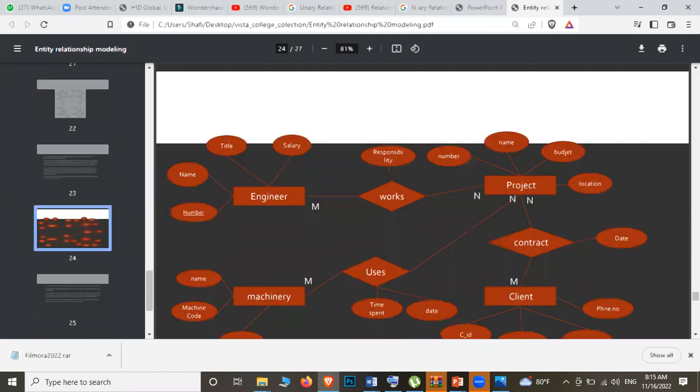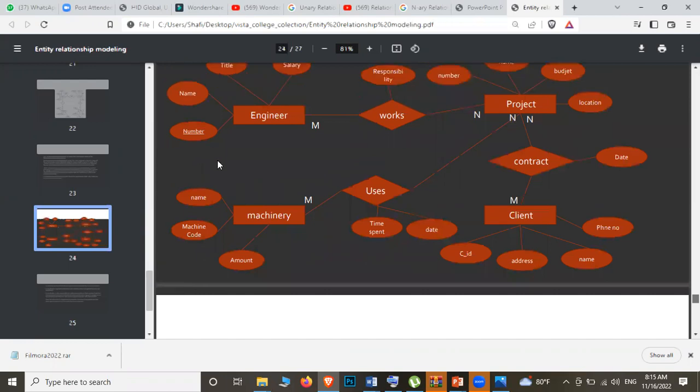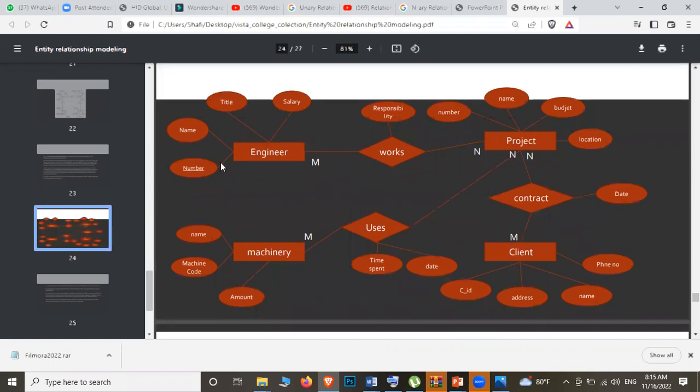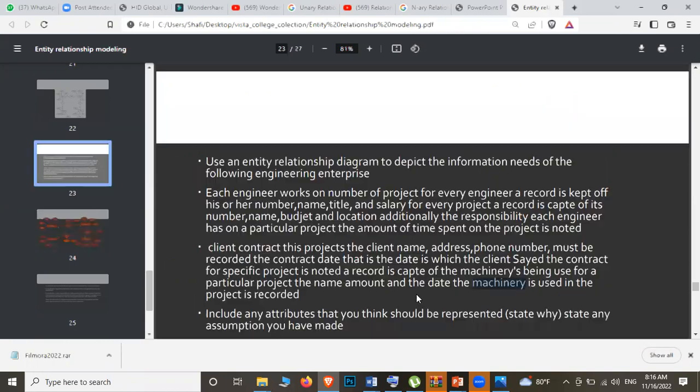Okay, now let's have a look at this diagram. So as you can see, engineer කියලා මේ entity එකක් තියෙනවා. ඒත් එක්කම ඔයාට project කියලා entity එකක් තියෙනවා. So engineers work on projects. Okay, so engineers වැඩ කරනවා projects වලින්. விளங்கிச்சா engineers வந்து work பண்றாங்களாம் projectsல. அதே மாதிரி machineries are being used in the projects, isn't it? According to the scenario, machineries are being used for a particular project. Okay, so I hope that is also clear.